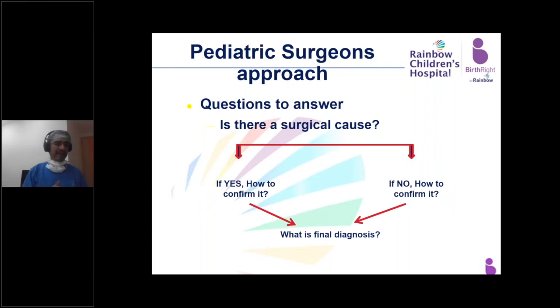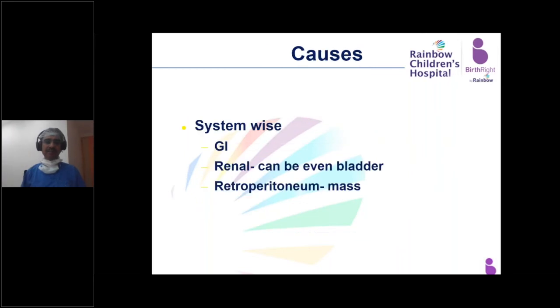Remember, appropriate intervention at an appropriate time can save the life of the child. On the other hand, inappropriate intervention, whether surgical or even not operating on a child at the appropriate time, can also cause long-term morbidity and mortality. That's why this confirmation, whether the child needs surgery or not, is very, very important for us as surgeons, and also for the pediatrician and for the child.